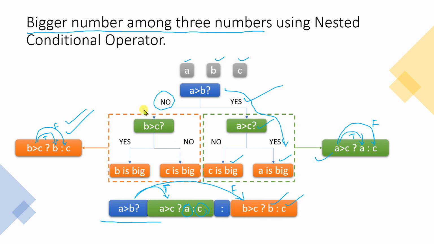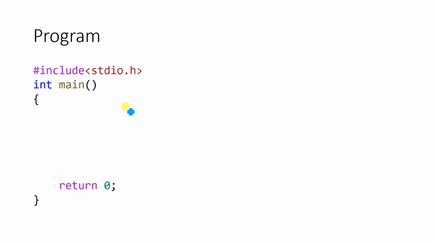Now let us write the code for it. To write the code, we have to write the structure first. The structure we should not explain, so let us go directly to the discussion of the bigger number among three numbers. We have already declared that we need to find out the bigger number among three numbers. So I have taken 4 variables because I want to store the big number among these in the variable big. So big is another variable.